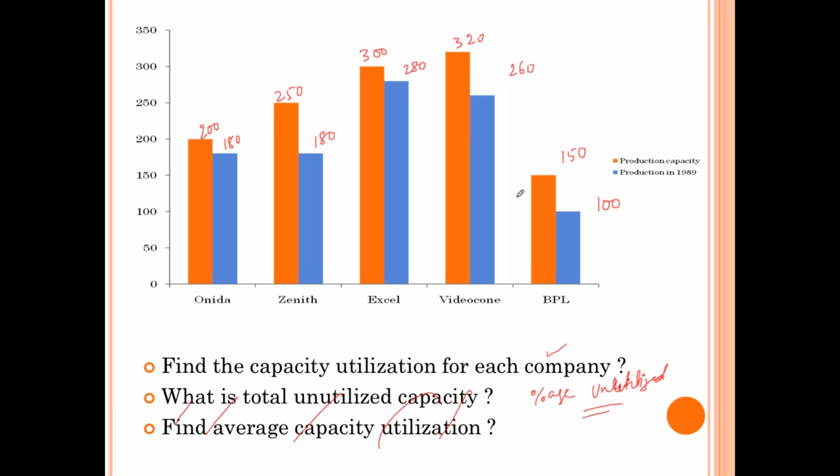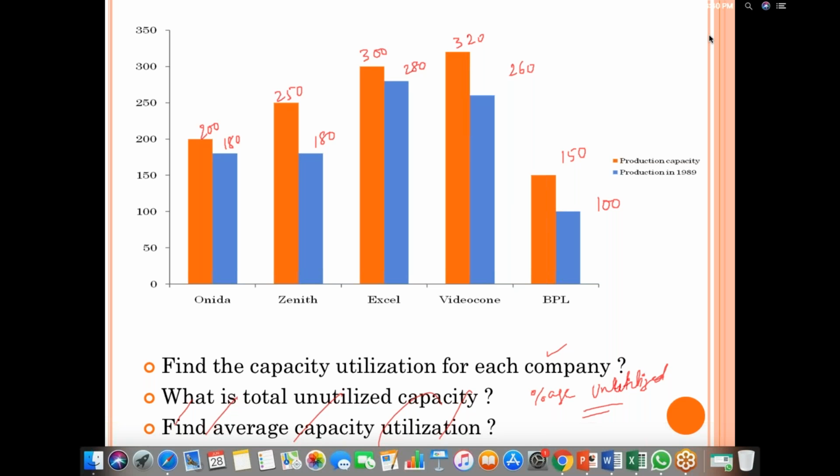Okay, most of you have answered, but only 10 or 12 have answered, right? There are many more who have not answered. There are 48 in this who have not answered. Anyhow, I am explaining it for you. Is it 0.2 for Onida? No, how can it be 0.2 for Onida?